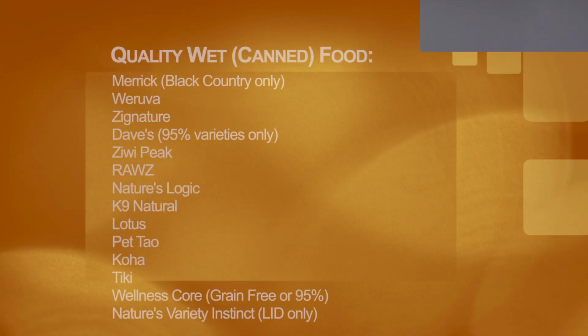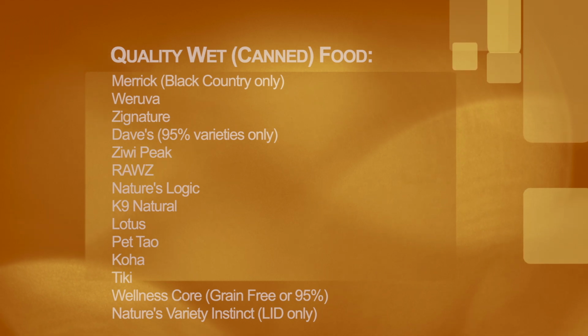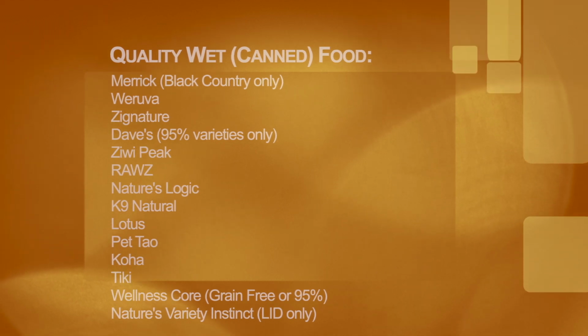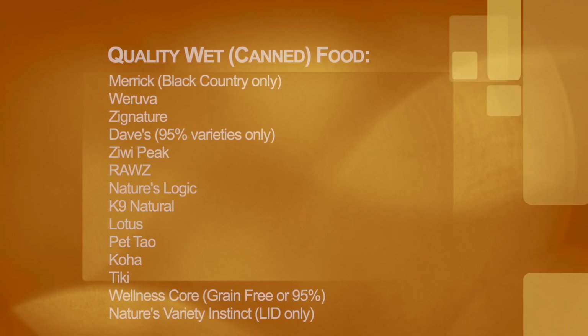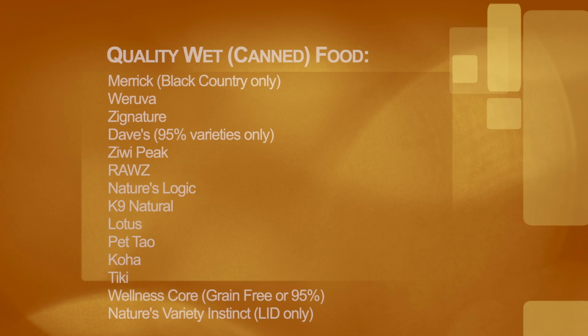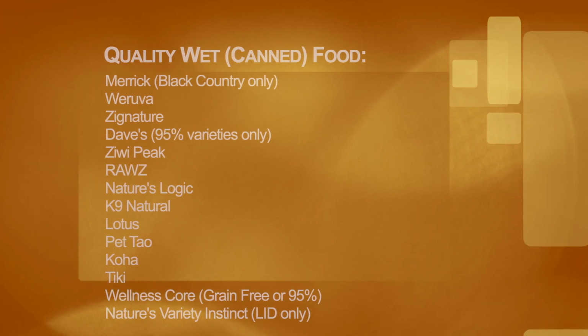Some of these are available in kibble and in can, but we want you to know that for the price difference, canned is much, much better for your dog than kibble. So let me give you a list of those now. Merrick, Weruva, Signature, Dave's, Ziwi Peak, Rawz, Nature's Logic, Canine Naturals, Lotus, Pet Deli, Koha, Tiki, Wellness CORE, Nature's Variety